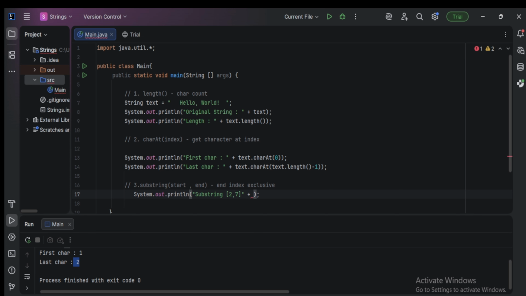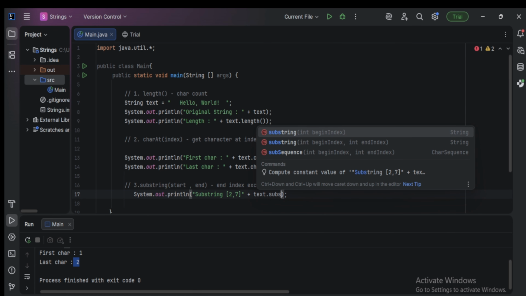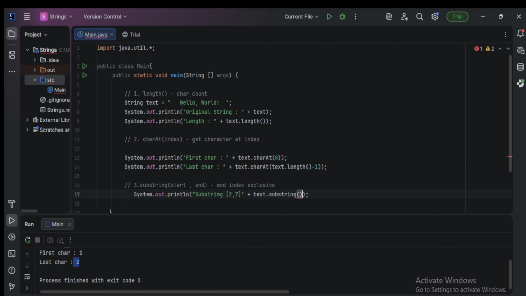Okay. So now let us check it. text.substring of 2, 7. So let us run it. So we got